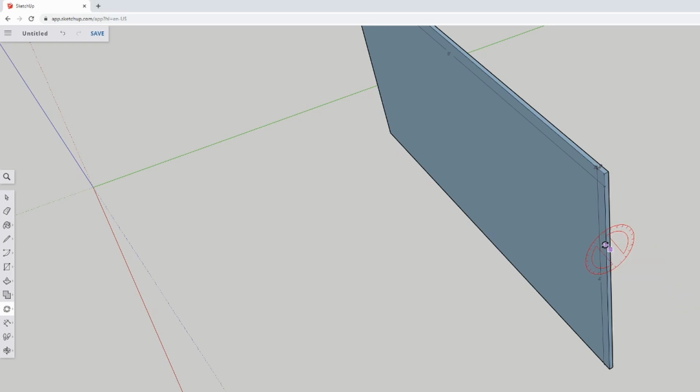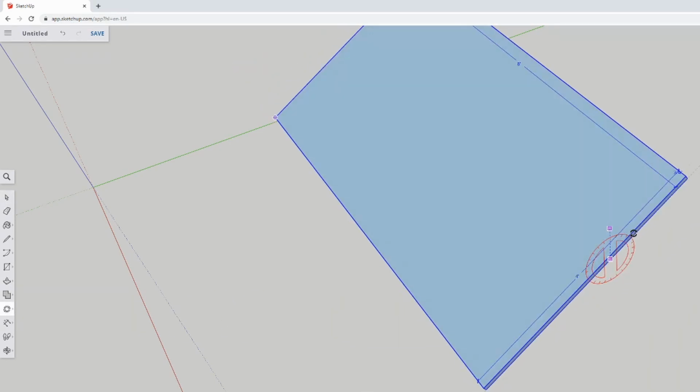So if I want to rotate this to where the sheet is laying flat on the ground, what I'll do is select the side that is perpendicular to the plane I want to rotate, click a point on it, click a second point to make sure you highlight the correct piece. So we'll select this, then the rotate tool,